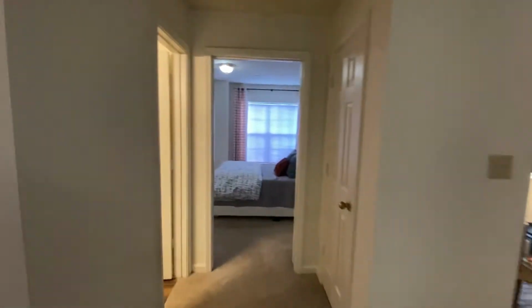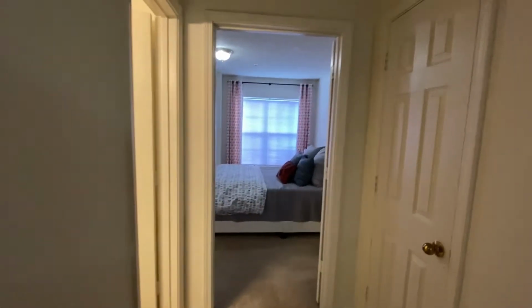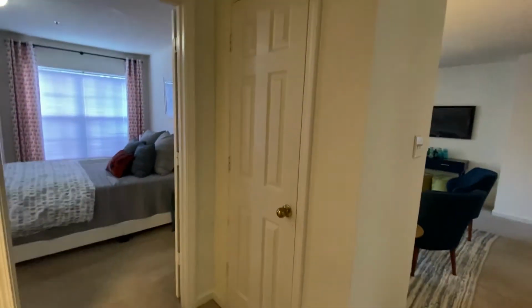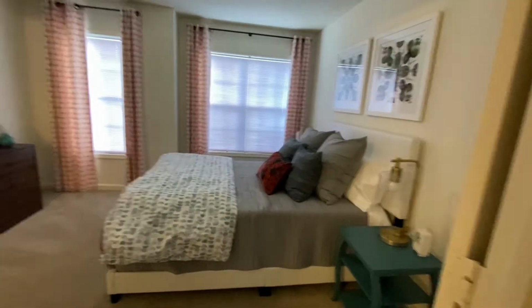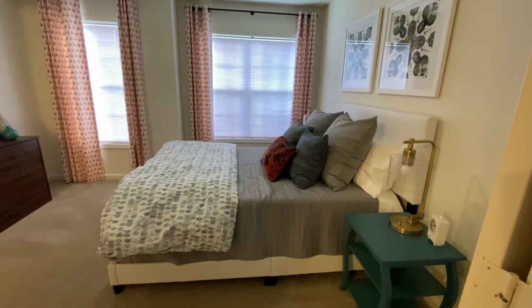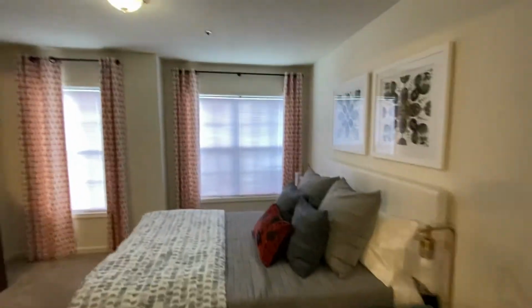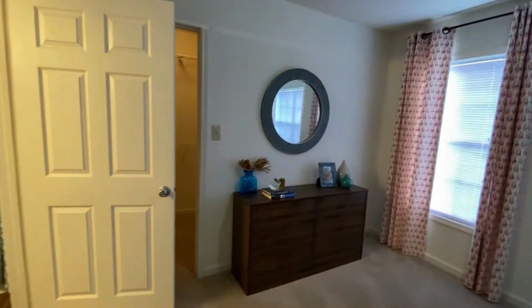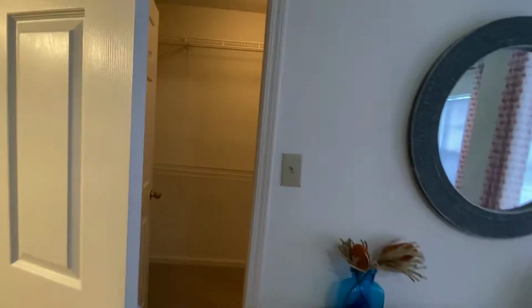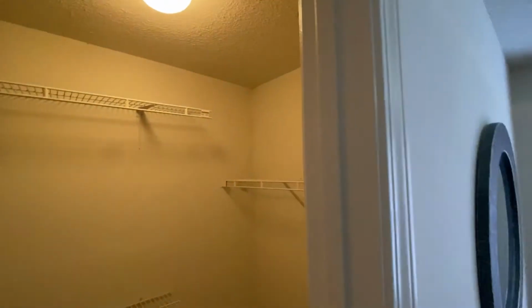Then we move on to the guest room, which is to the left of the door. And you see our coat closet, plenty of space for a vacuum cleaner, and ample room for a king or queen size bed with lots of natural light from the windows. We have a nice walk-in closet, plenty of space for all your clothes,